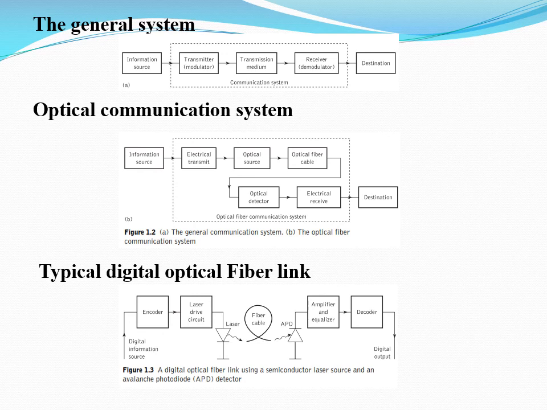And this encoded data is transferred to a laser, which is an optical source, so that the electrical information has to be compatible with the optical fiber, which is nothing but light. So the conversion from electrical to optical is done using the laser in this particular example. And the laser drive circuit is used to drive this optical source, which is a laser. The converted optical signal is fed to an optical fiber, which is the transmission medium in the optical fiber link,